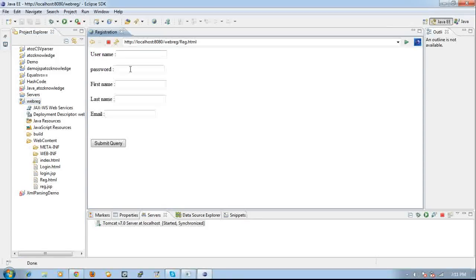If I click this, it goes to a registration page where I fill in my details. I'm giving A to Z, and then the password is AAA, then first name A to Z, and the last name is knowledge, and then email. I'm giving admin at a2zknowledge.com. Okay, if I just give submit,